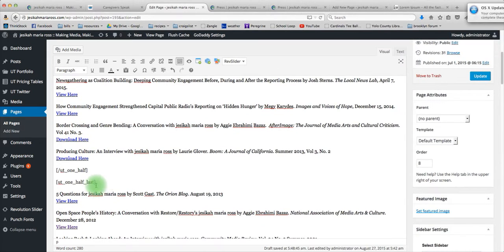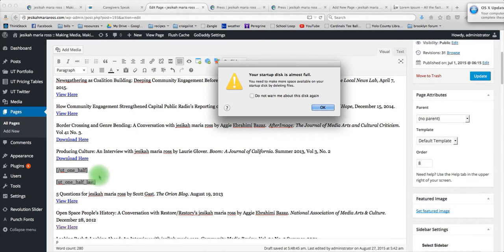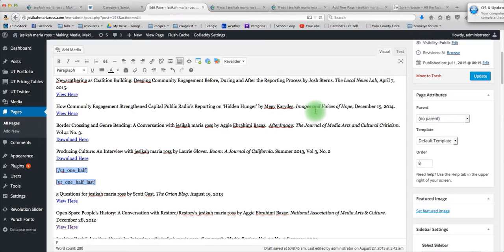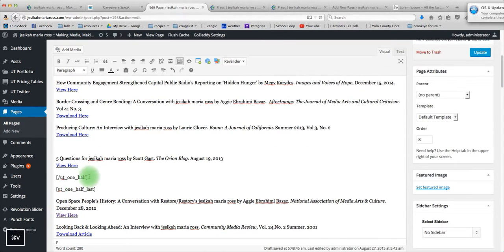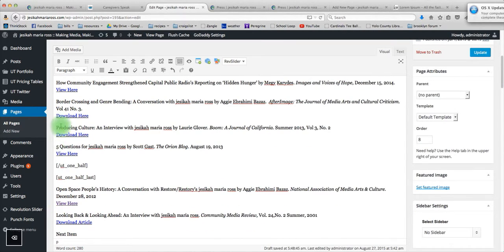One way would just be to select the end tag of the first column and the start tag of the next column and cut those by Command or Apple X, so Command X, and then just come down in between for the next one and paste them. So now we've got